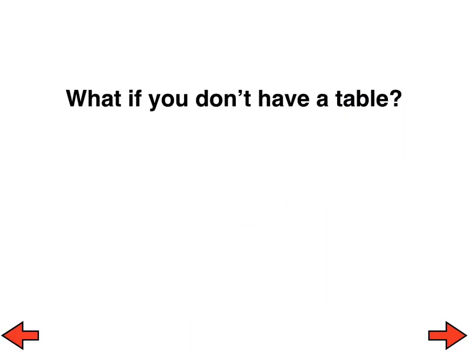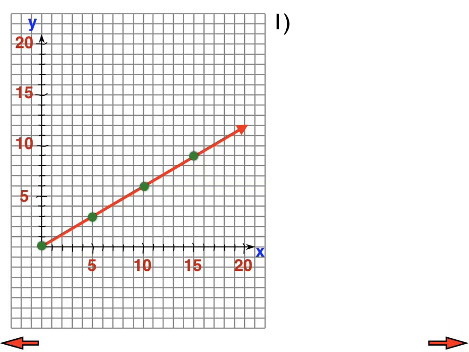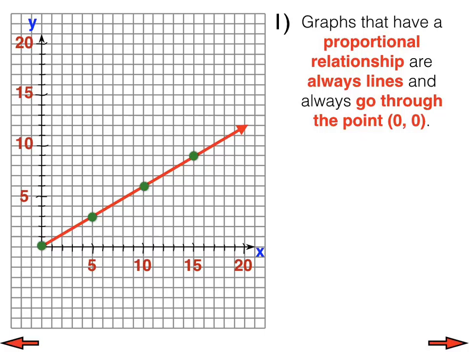Yes? Okay. So let's say you don't have a table. I still need to know if it's a proportional relationship or not, and I give you a graph instead. That's what today's lesson is on. So this line, this graph, you can tell if it's proportional or not by two easy things. So telling if it's proportional or not with a graph is far easier than table stuff, as long as you follow these two rules. It has to be a straight line, and it has to go through 0, 0,